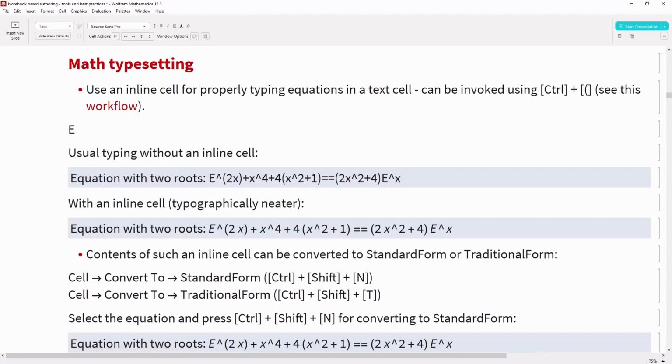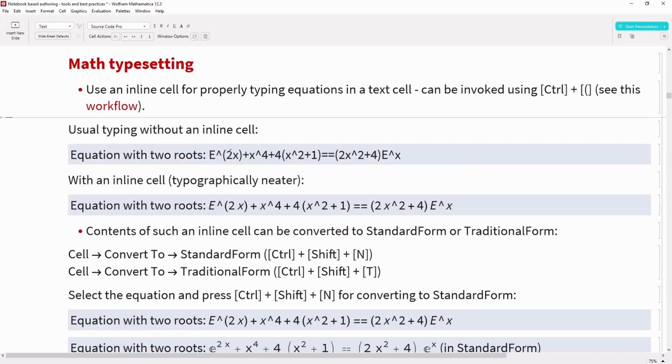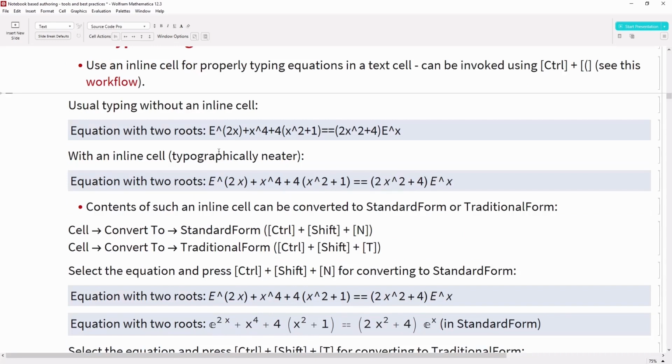As I type equation and so on, after that I'll invoke the typesetting, and in this way my mathematical typesetting is invoked. If I start typing the next expression in that typesetting, you would see that it is getting typeset. Here is an example of how a typeset output would look before and after.